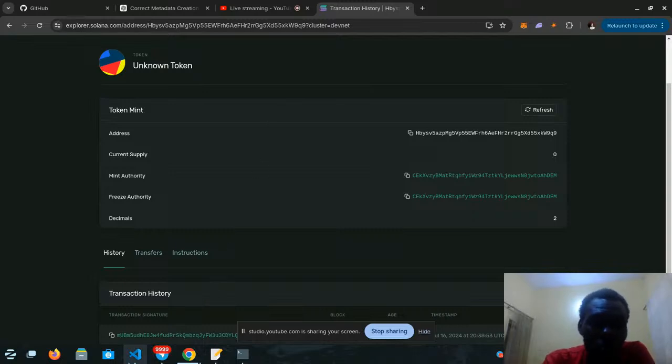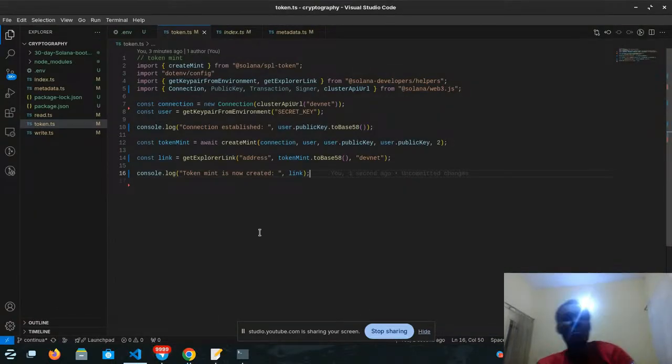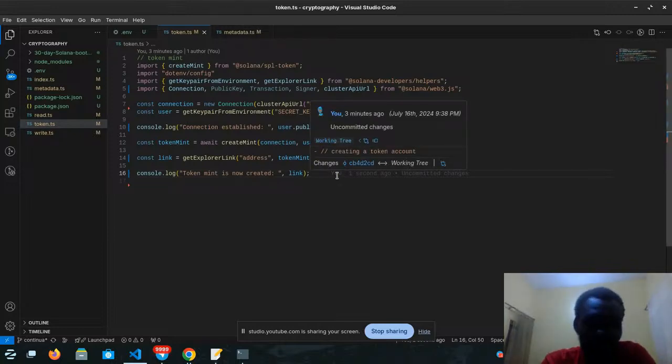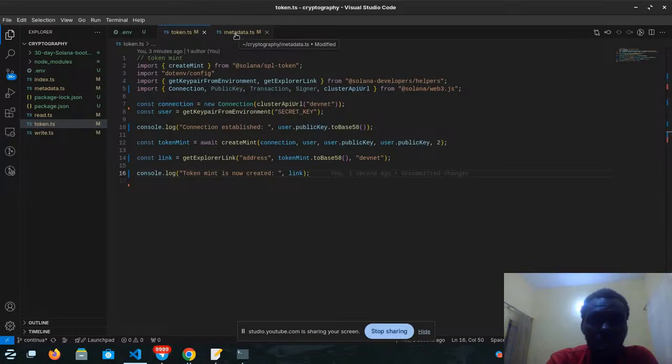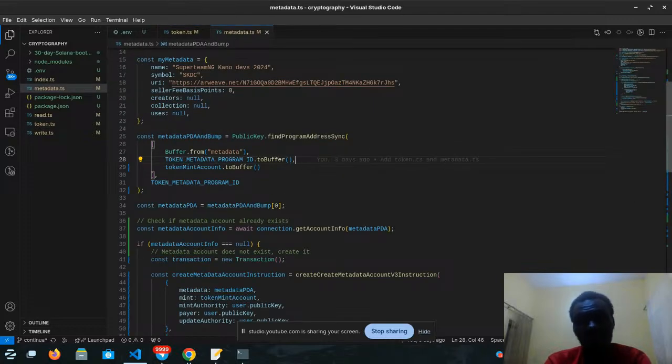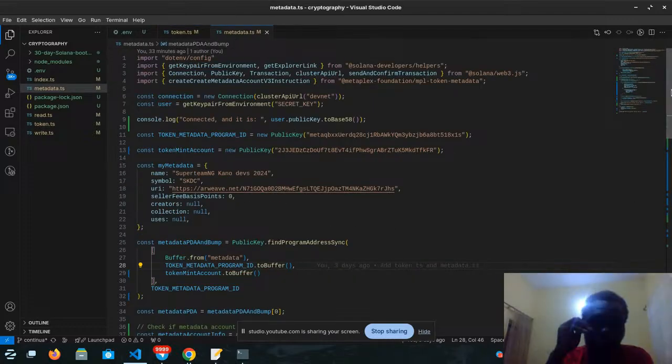Then we now go on to create, after creating the token mint, the next thing to do is to create the token metadata. The token metadata is the next thing to create. So here is the metadata. In the metadata you specify the name and the other details of the token, which is the data of the token, which is actually the metadata. So here we go. We've done this before. I'm just doing a brief revision